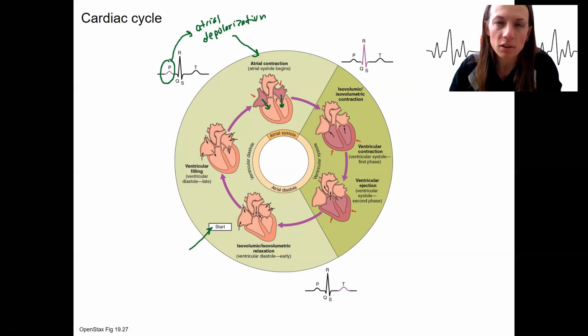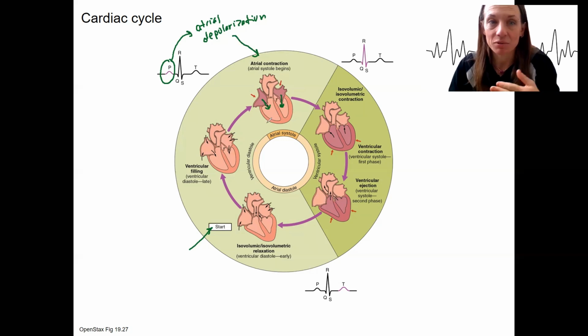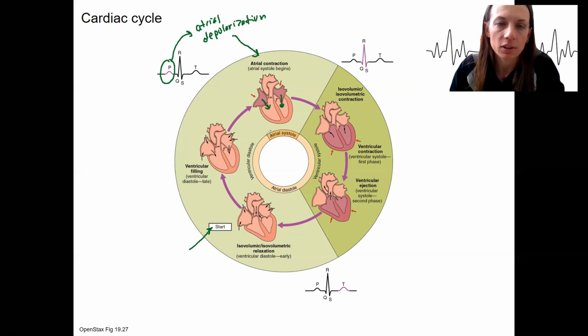So that blood gets pushed into the ventricles. And remember, those AV valves are kind of hanging open. When the blood is in the ventricles, it's going to push them closed again, and they're going to stay closed, kept from flapping the other direction by the chordae tendineae. So here is atrial systole. The next phase is when those ventricles depolarize. So the QRS complex is ventricular depolarization,